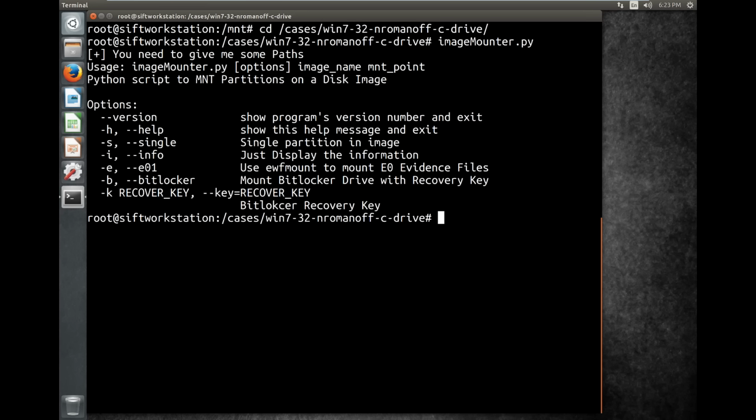It'll also automatically detect physical disk images, and if that physical disk image has an MS-DOS partition type or a GPT partition type, it'll automatically mount all the partitions that it finds in the subsequent mount locations. In this example, the E01 file that we have is a partition file system. So I'm simply going to type